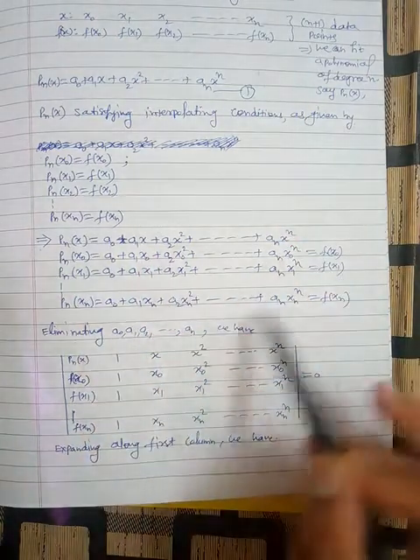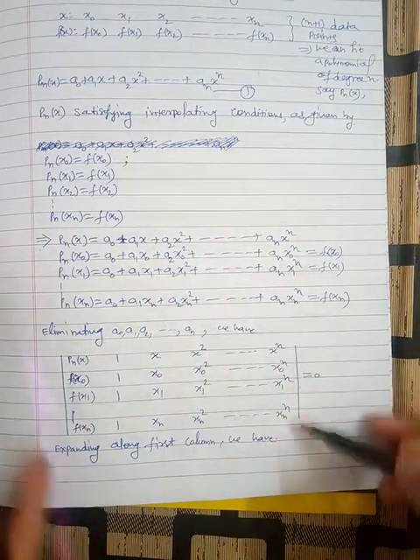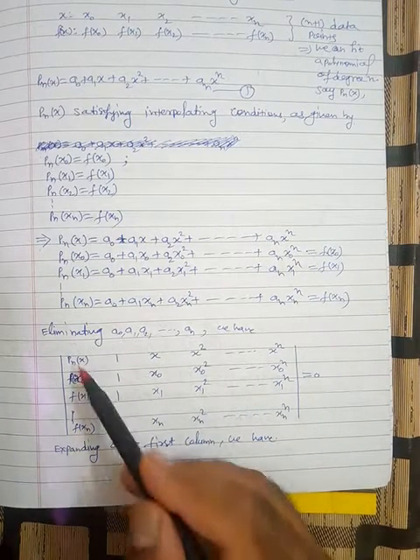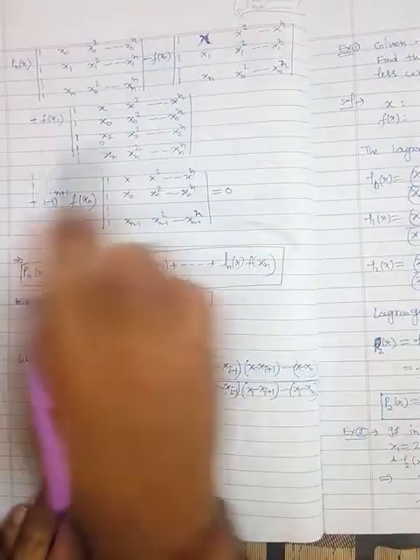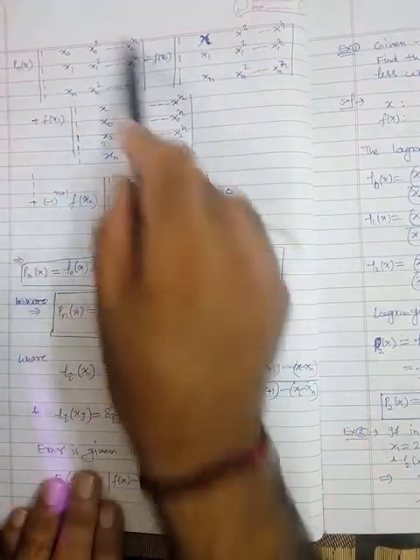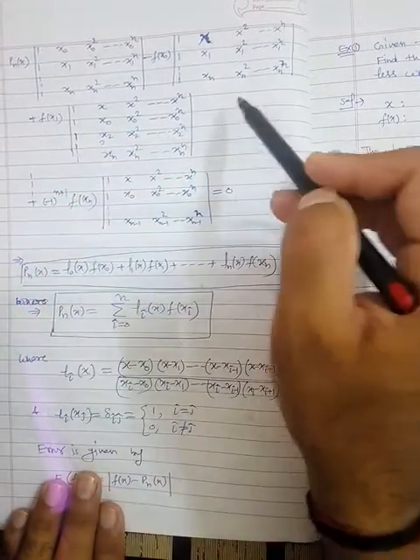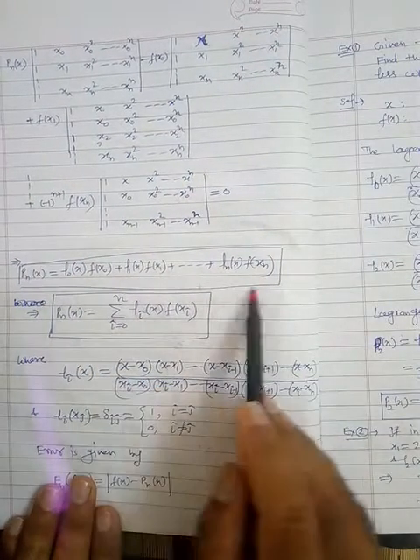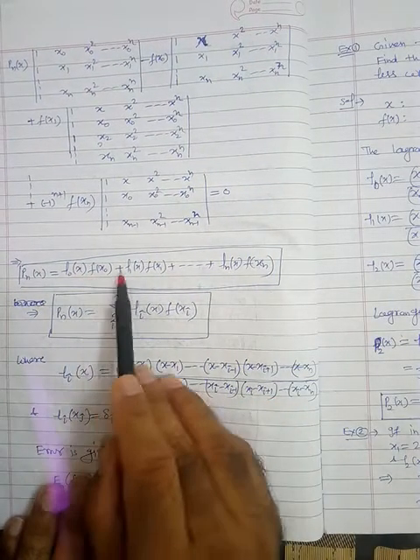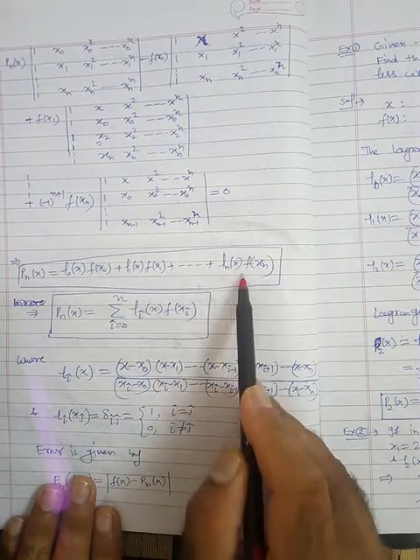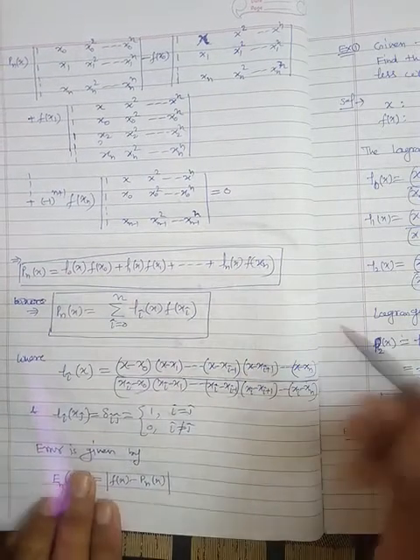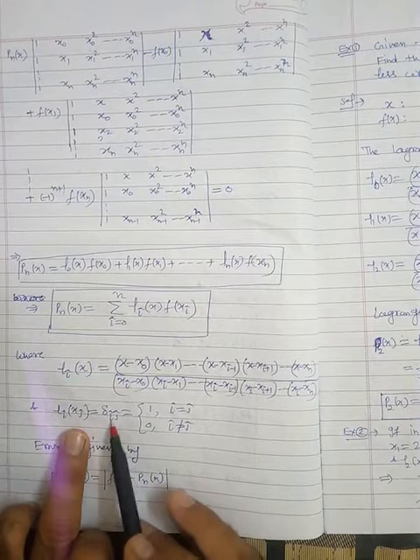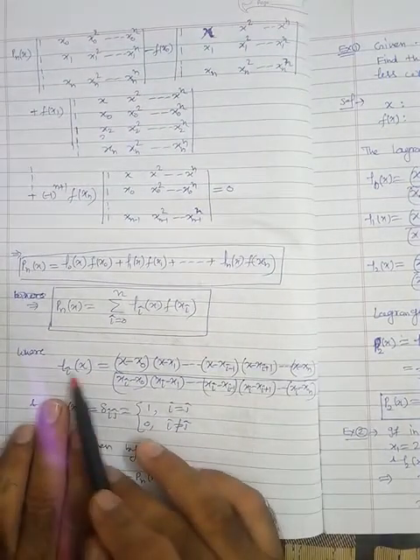Now we eliminate a0, a1, an from this system of equations. So we get this determinant, and now expand this determinant along the first column. When we expand along the first column, we get this type of equation. Here this determinant is denoted by this, divided by this, and finally we get an equation of the form L0(x) f(x0) plus L1(x) f(x1) plus Ln(x) f(xn), where these are the fundamental polynomials, and we know their behavior is like a Kronecker delta function. Here Li(xj) is delta ij, and generally what is Li(x)?